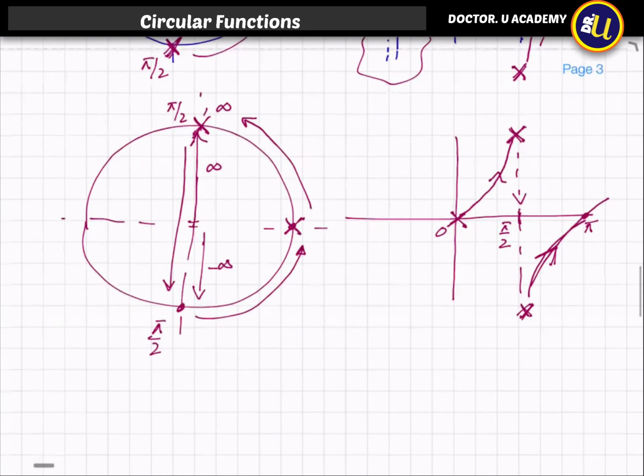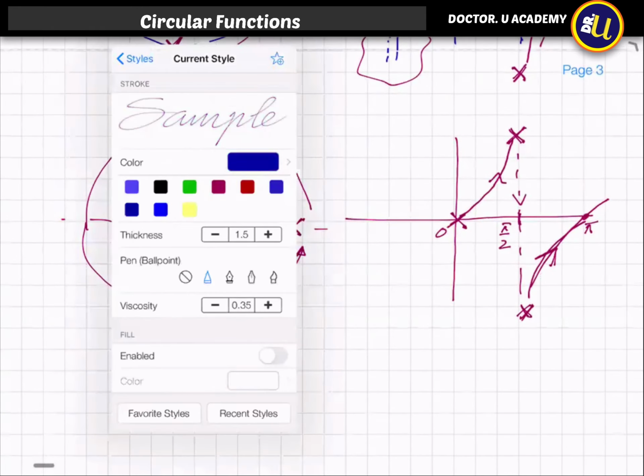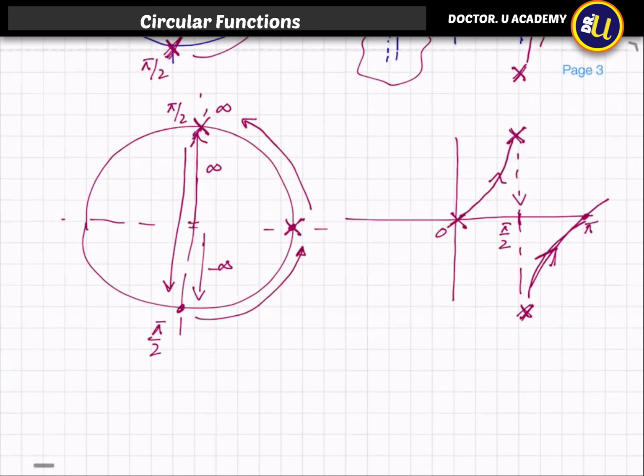right? So now for this journey, we are not going to utilize the whole circle, so we are not interested in this, right? So the journey is this way, goes up and then goes down and then goes back to 0. So for the tan graph, the half circle is used, not the full circle, right? But why do we call them circular functions?